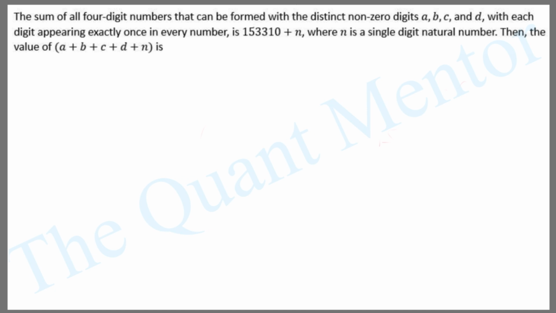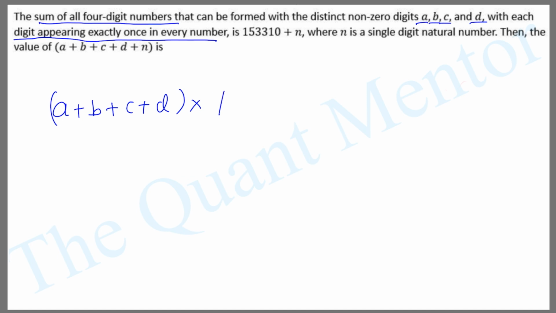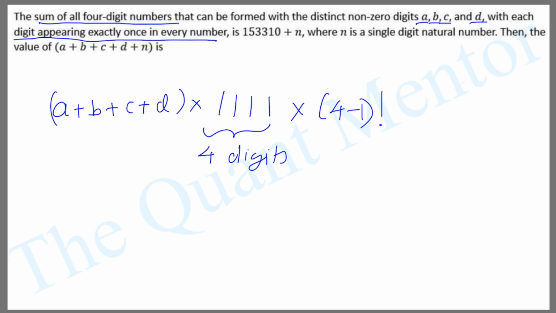Okay, now for this particular question, there's a small concept we're supposed to know. For 4 digits A, B, C and D, the sum of all 4-digit numbers which are formed with every digit appearing exactly once will be (A plus B plus C plus D) into 1111 times, because we have 4 digits. And once again, because I have 4 digits, I'm going to multiply this with (4 minus 1) factorial. If you're interested to look at the derivation, you can check out my course in the description. And this has been given in the question as